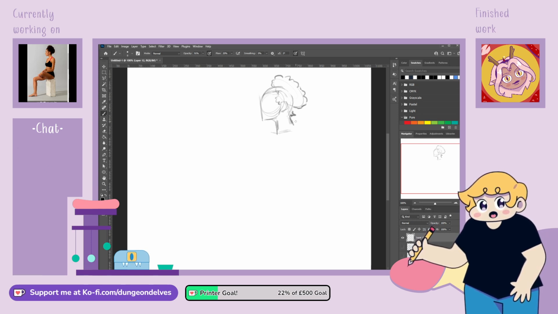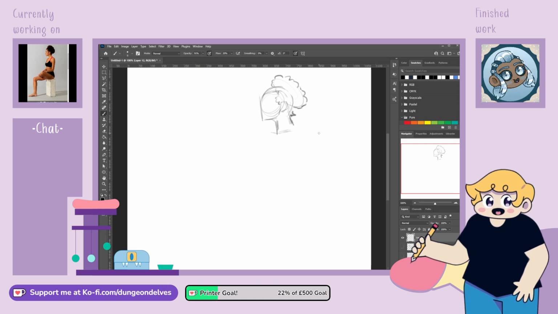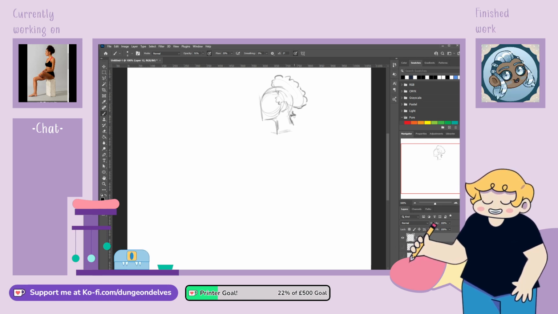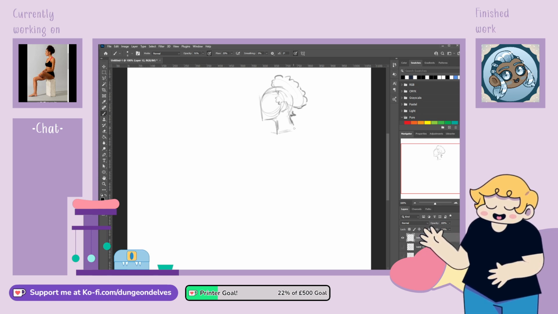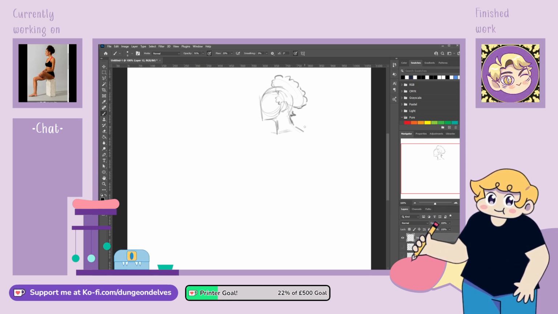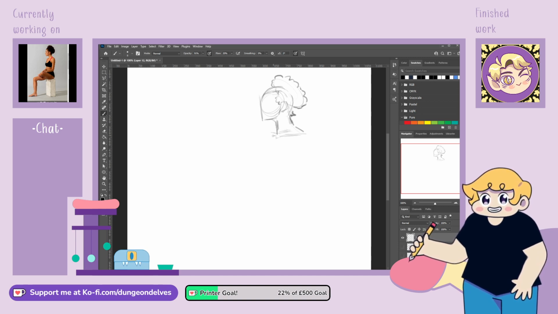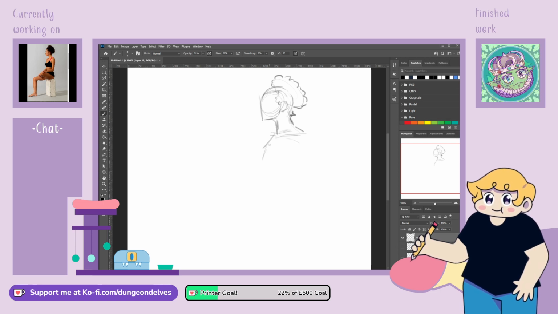I like drawing legs, but then it inevitably goes to feet, and then half the time I'm like, what? I'm slowly coming around to drawing legs. I'm still not quite there with feet, but I am coming around to the legs.